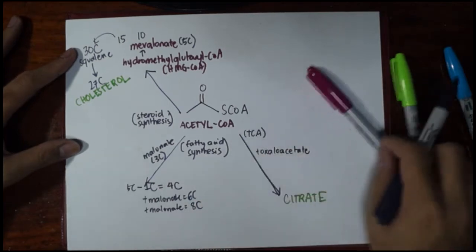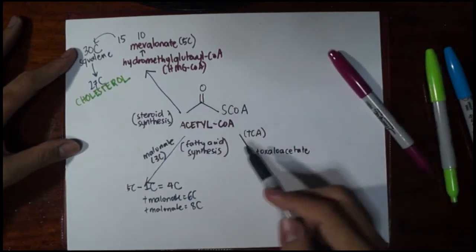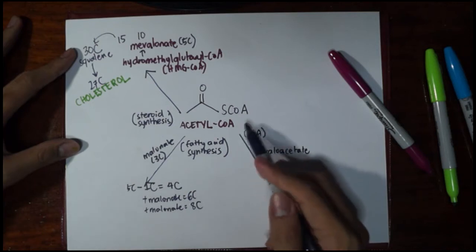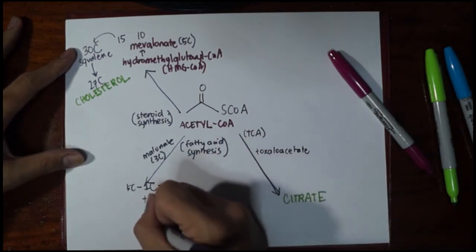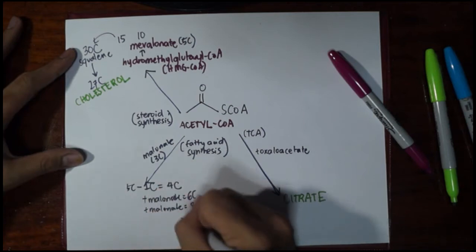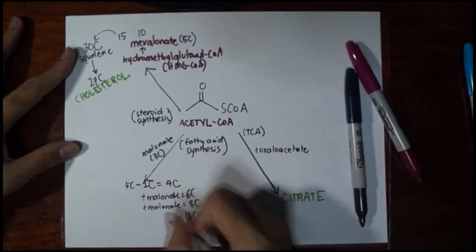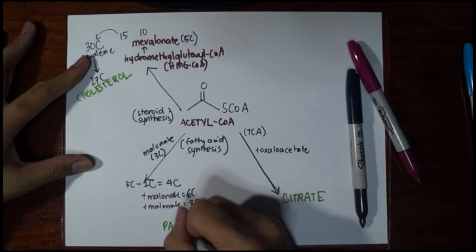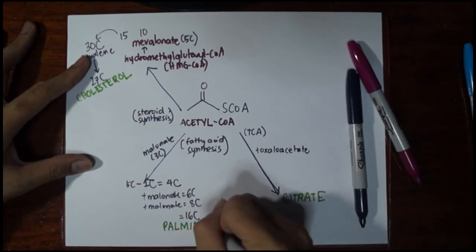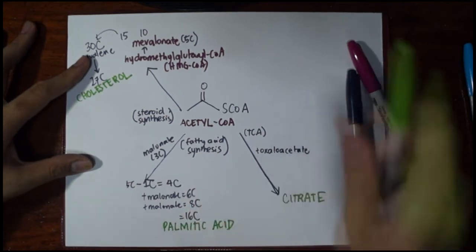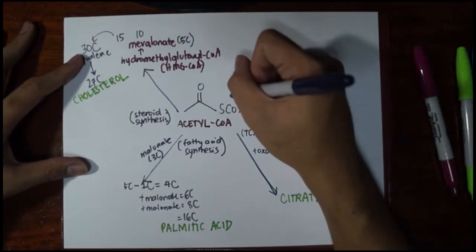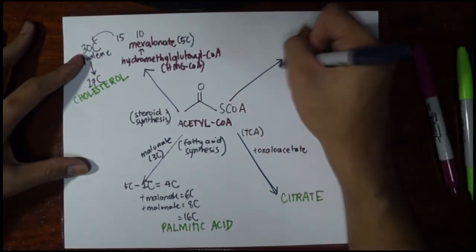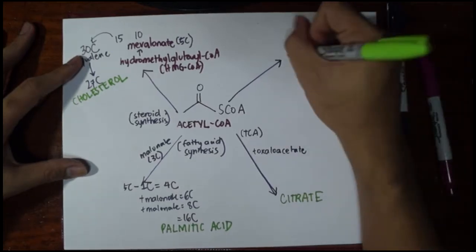But again, the starting point in fatty acid synthesis is acetyl coenzyme A. And actually in this one, naturally, it commonly stops when you get to 16 carbons. The name of that fatty acid, saturated in nature, is palmitic acid or palmitate. And finally, acetyl CoA can actually be used in the synthesis of what we call ketone